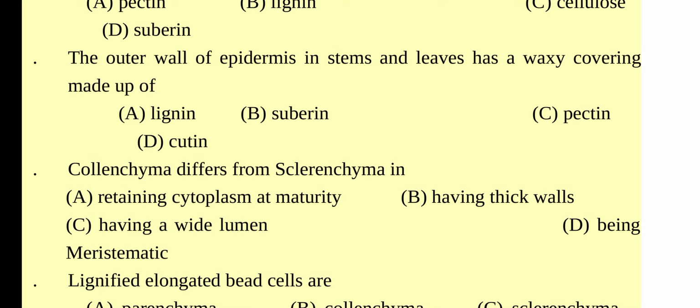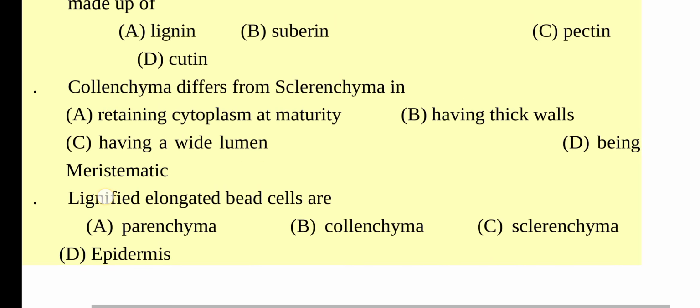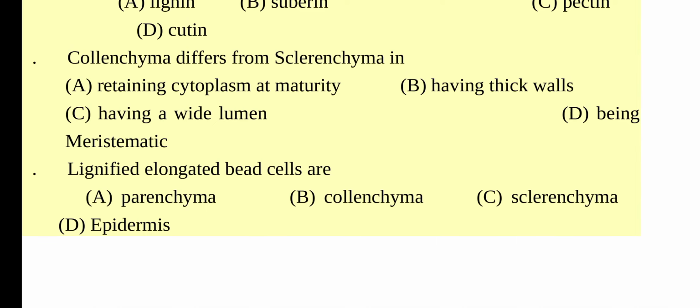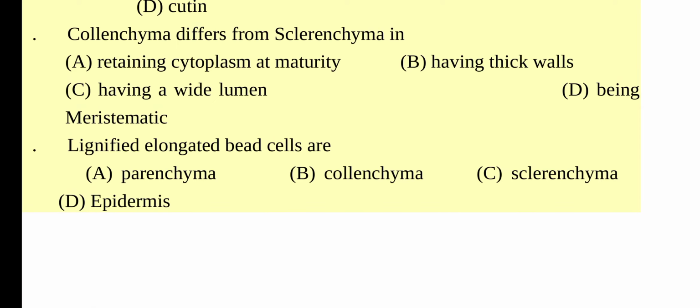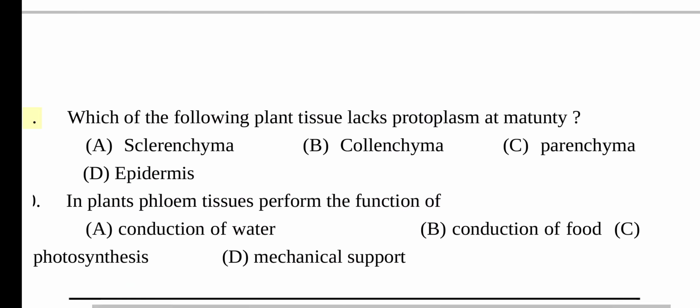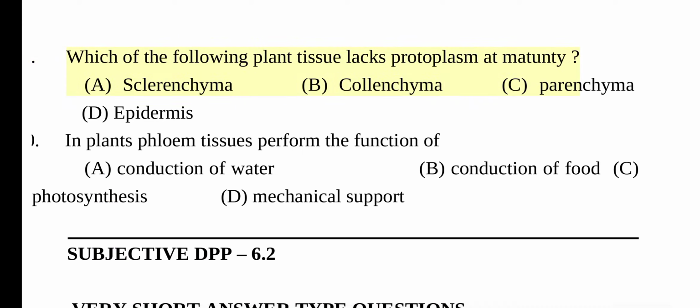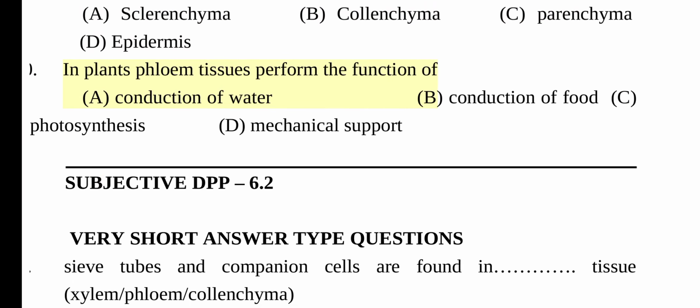6. The outer wall of epidermis in stems and leaves has a waxy covering made up of: A. Lignin, B. Suberin, C. Pectin, D. Cutin. 7. Parenchyma differs from sclerenchyma in: A. Retaining cytoplasm at maturity, B. Having thick walls, C. Having a wide lumen, D. Being meristematic. 8. Lignified elongated dead cells are: A. Parenchyma, B. Collenchyma, C. Sclerenchyma, D. Epidermis. 9. Which of the following plant tissues lacks protoplasm at maturity? A. Sclerenchyma, B. Collenchyma, C. Parenchyma, D. Epidermis. 10. In plants, phloem tissue performs the function of: